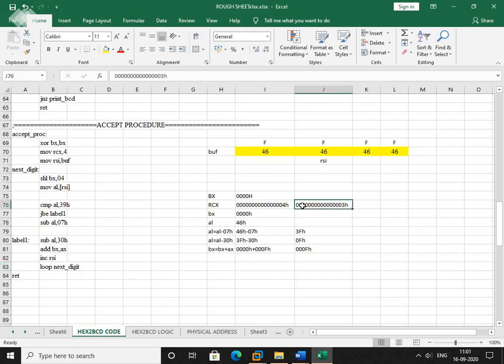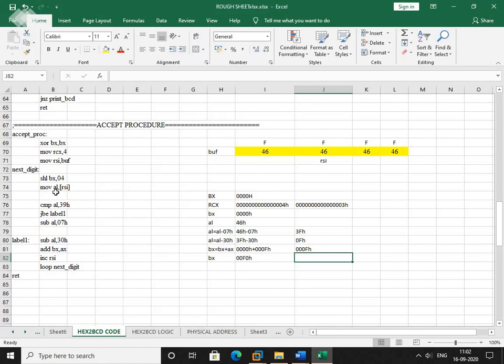Since the content of RCX is not equal to 0, we will jump to the label next digit. So again shift left the content of BX by 4 bits. So here the BX content will be 00F0H. That means the F which was present at the unit place has been shifted to the tens position.